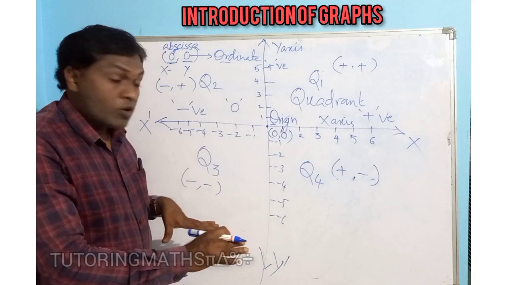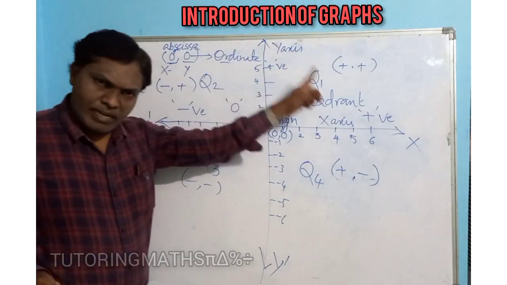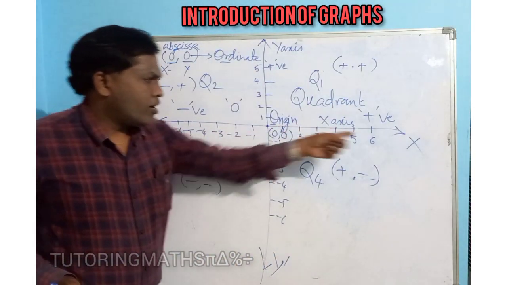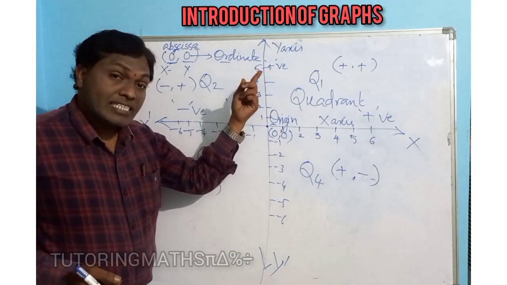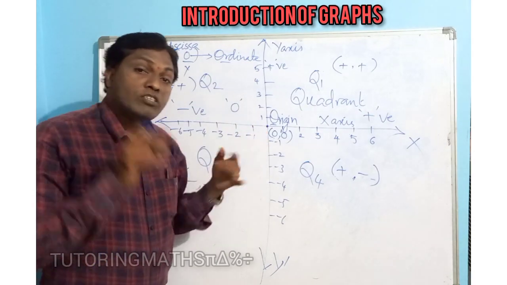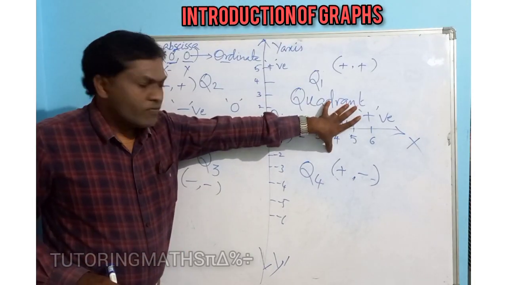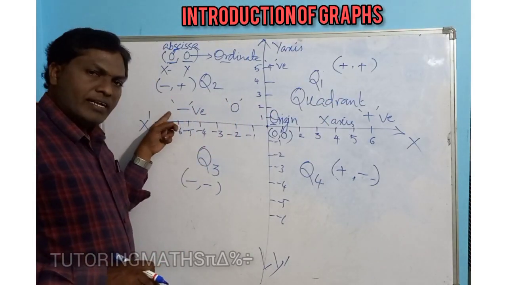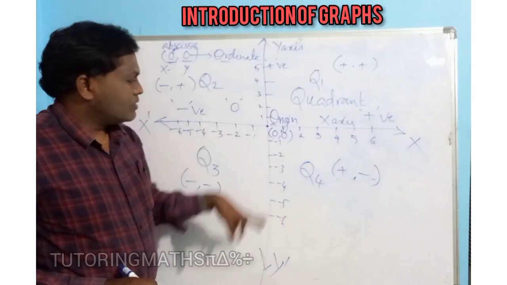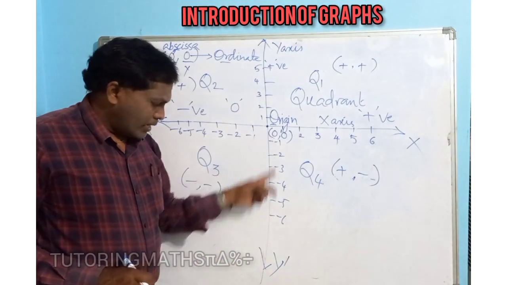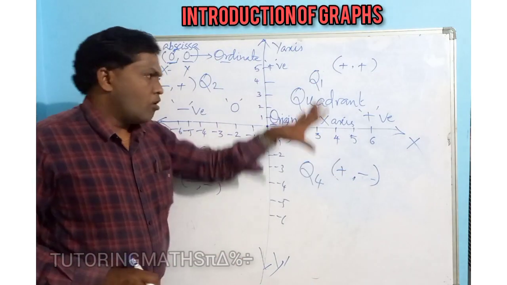So this is about the quadrants. Once again, let us review. This is a Cartesian plane. The horizontal axis is called the x-axis and the vertical line is called the y-axis, and both axes intersect at one point, which is called the origin, denoted by O, 0, 0. The right side of the x-axis is positive, and the left side is negative, denoted by x dash. Upward positive values are the y-axis, denoted by y, and downward negative values are denoted by y dash. And then the first, second, third, and fourth quadrants, all the quadrants.